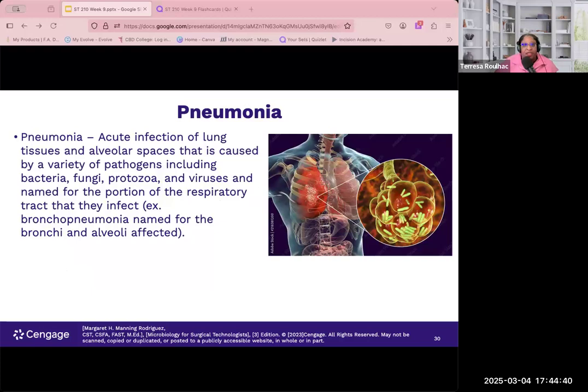Pneumonia is an acute infection of the lungs and alveoli caused by various pathogens. It can be bacteria, it can be fungi, it can be protozoa, or even viruses. It's often a secondary bacterial infection following a viral infection, with symptoms like fever, cough, chest pain, and sometimes respiratory distress. Common causes,